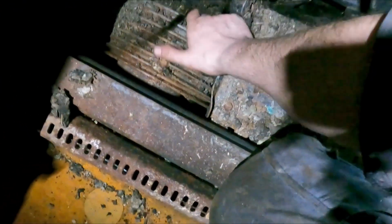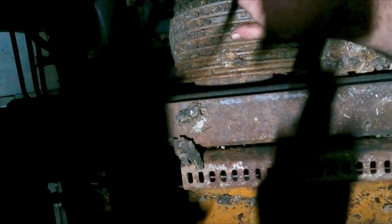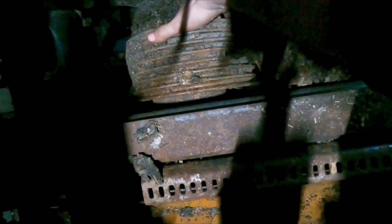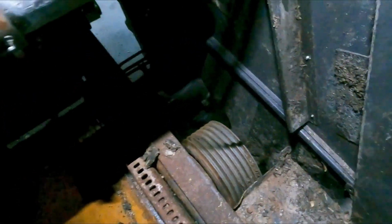You can hear that? Of course it's broke. The bearings are shagged. I'm not sure if you can see properly. You can definitely hear it. This is something that's